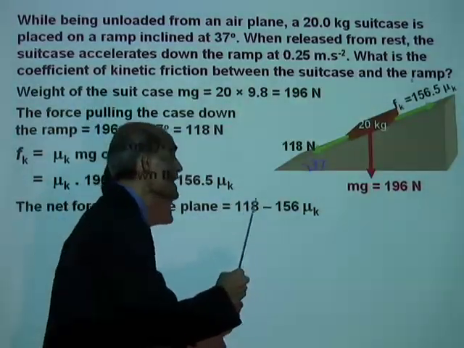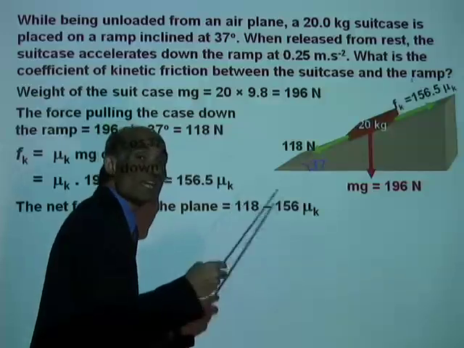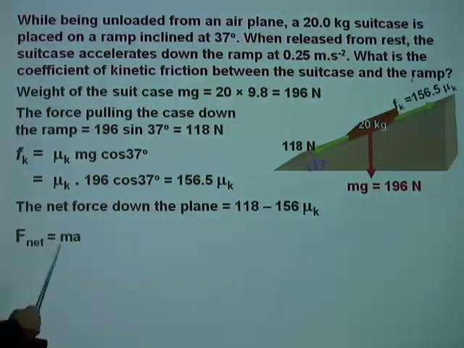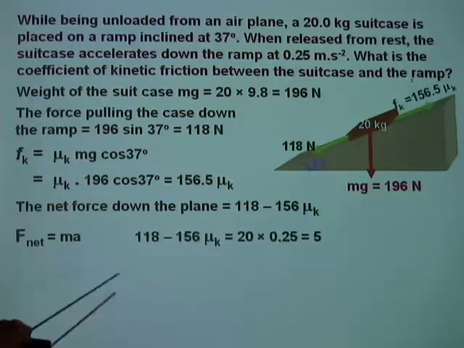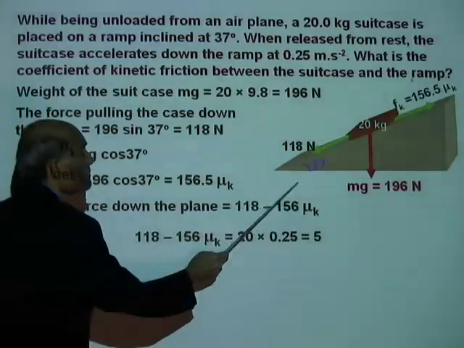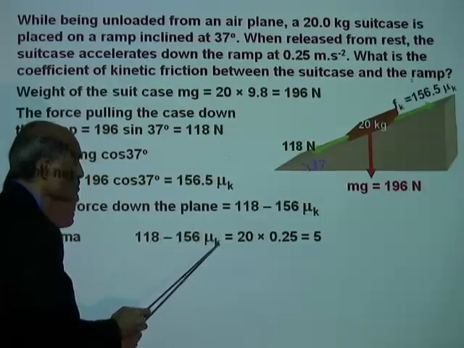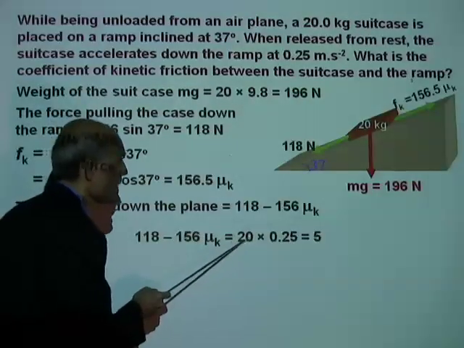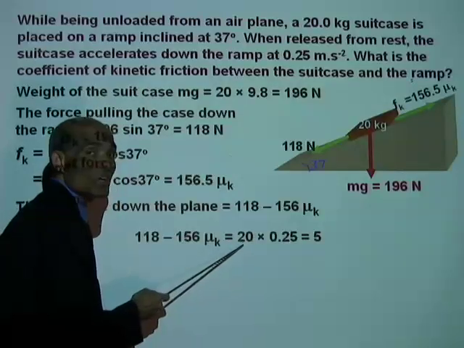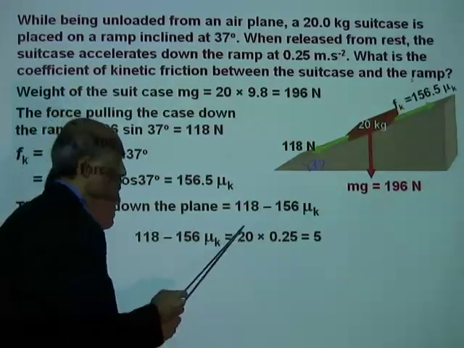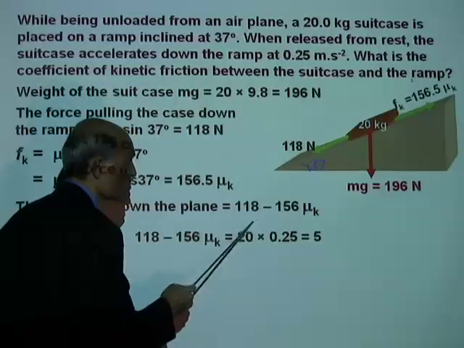So we can now say the net force equals ma. F net equals ma, and that is 118 minus 156 mu k. Mass is 20 kilogram, acceleration is 0.25, and 20 multiplied by 0.25